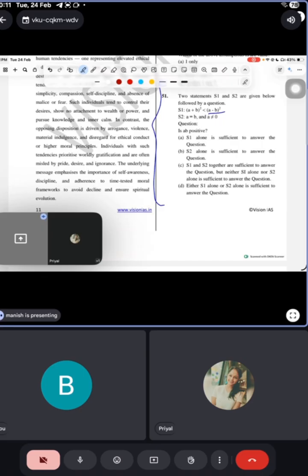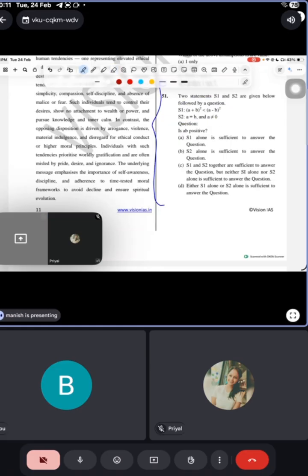So guys, when you are considering statement one, forget about statement two. Because you know what mistake people make? In the initial stage they merge both statements, so they get confused about which is sufficient alone. So first justify one by one, and when they are not able to justify individually, then merge both. Otherwise people get trapped in this type of question. So now I will check statement one first.